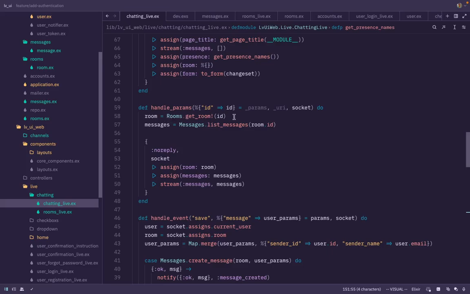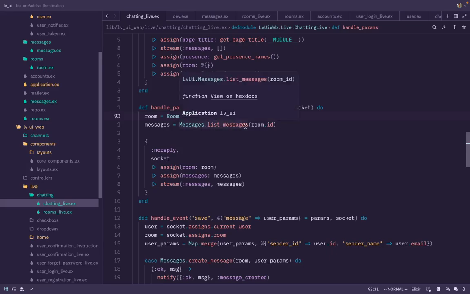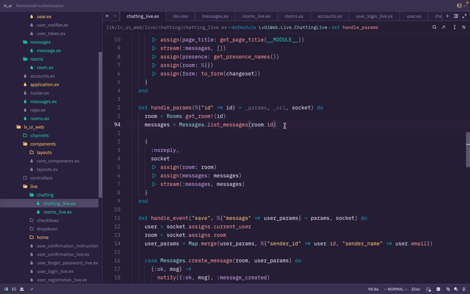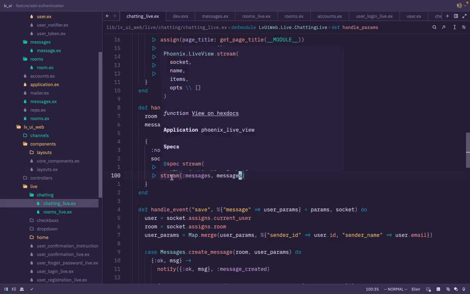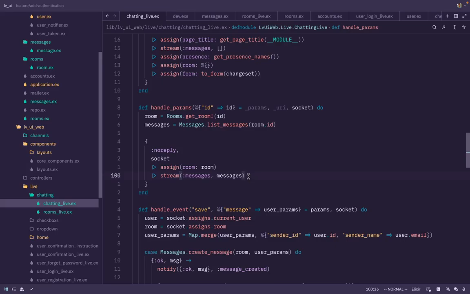So here I'm getting the room, and based on the room I'm getting the messages, and I'm passing those room and messages here. I'm passing room as a part of assigns, and messages as a part of stream,